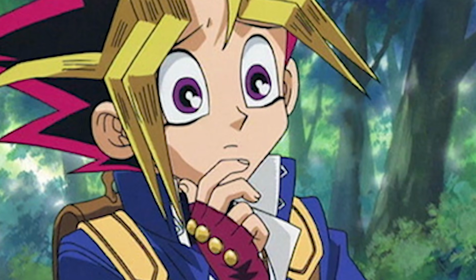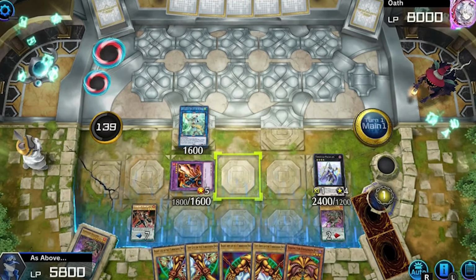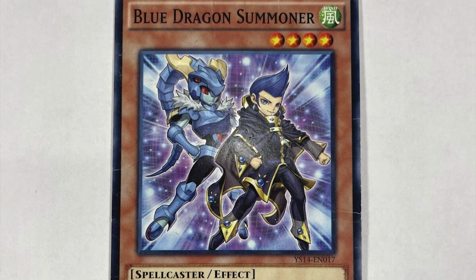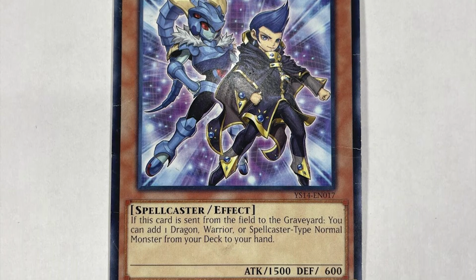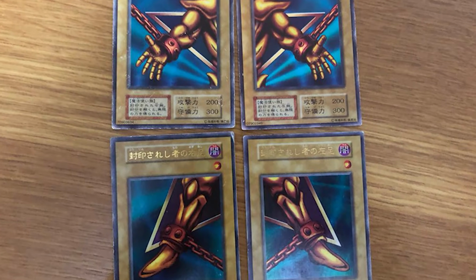And so he took the previous iterations of Exodia and adapted them in a way that allowed him to abuse a couple of different engines that existed in the game, all with the sole purpose of looping a single card called Blue Dragon Summoner. Much like Sangan and Witch of the Black Forest, when this card is sent from the field to the graveyard, you can search your deck for a copy of a normal spellcaster monster, which basically means all 4 of the Exodia limbs. And it turns out that this card is actually not once per turn either,